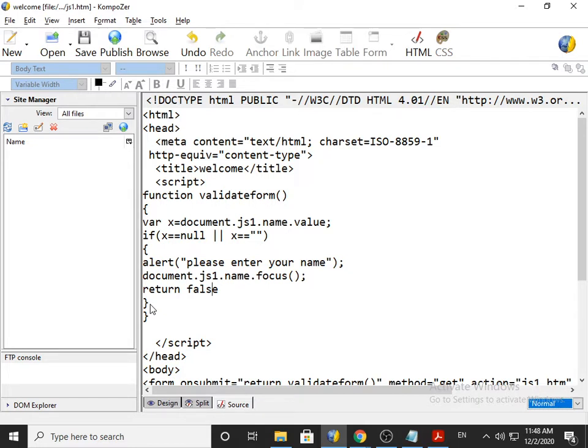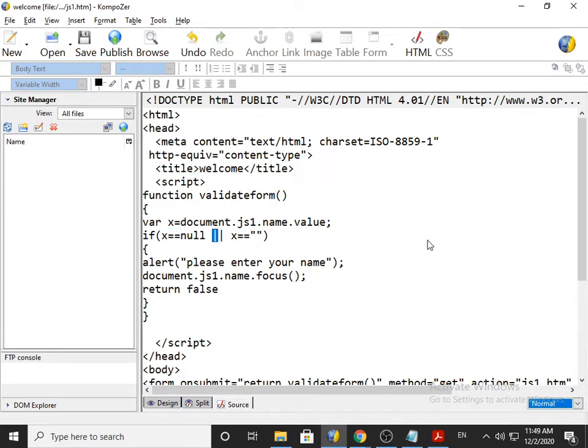Double equal to will decide whether the items on the left side and right side are exactly the same or not. Double equal to will give you the answer true if the items on both sides are the same, otherwise false.